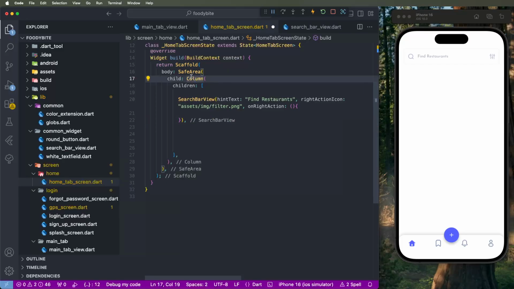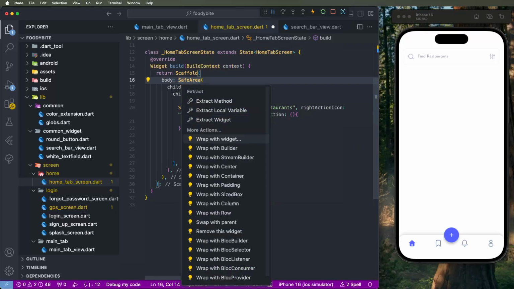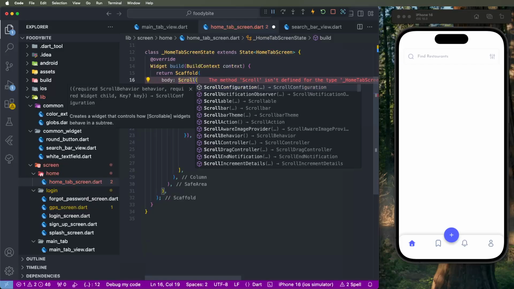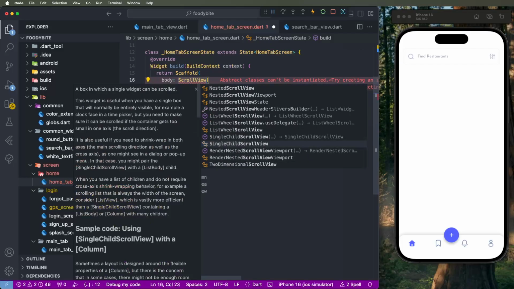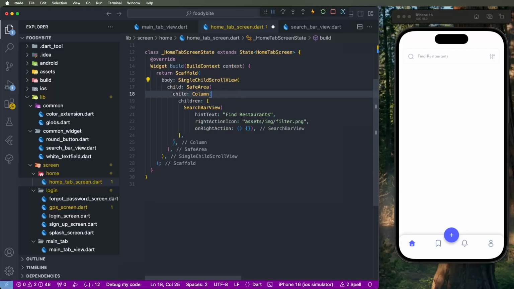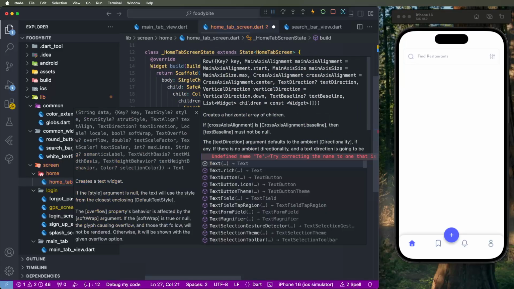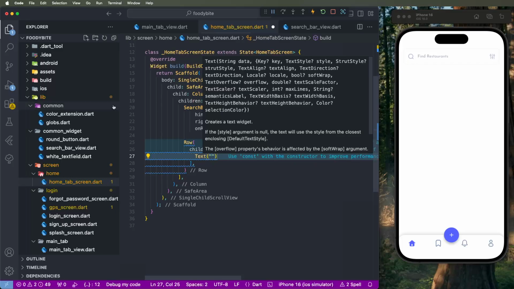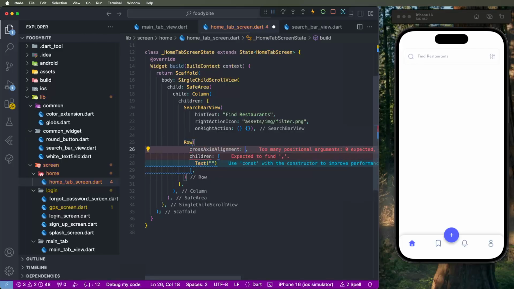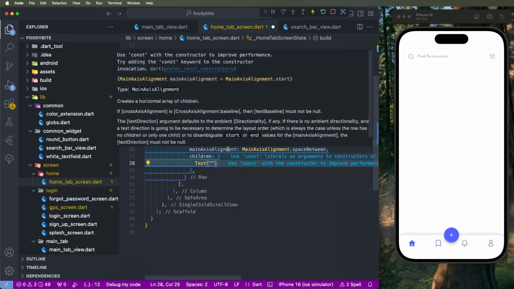Maybe set wrap widgets and create the scroll view, single child scroll view, configure it. Then we need to create another UI, create the row children. Set the text like here, and set the main axis alignment to space between, set the title trending